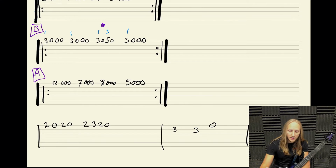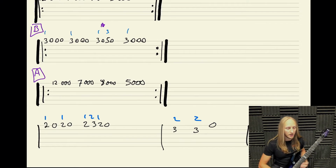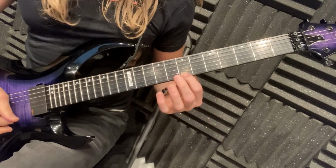Now on this one, our strategy's not going to be the same as before. Notice how I put the zeros in there? I need to write up the fingers I want you to use. First finger, first, second, first, second. This is going to be the hardest part of our etude because the movement's much quicker. So we're going like before, like da, and then nothing, ba. This one's going to be like